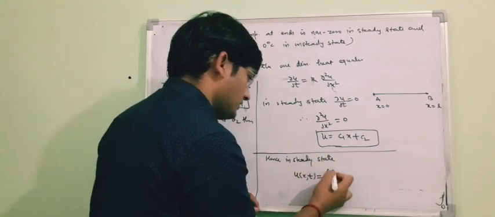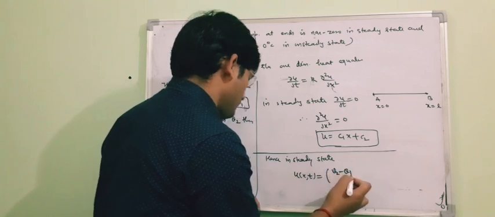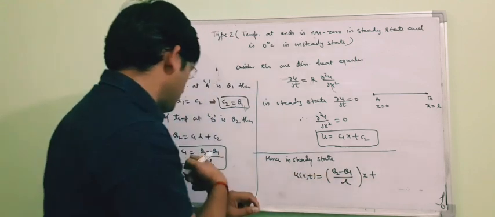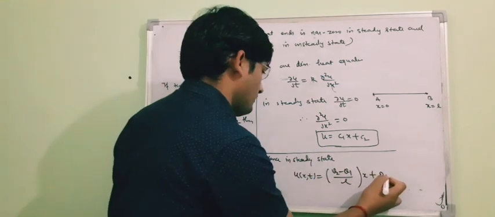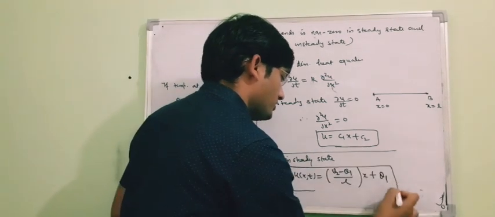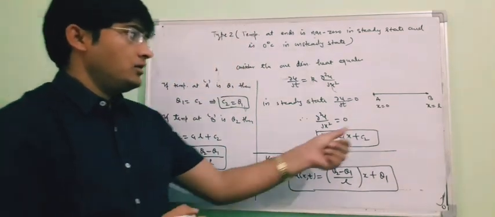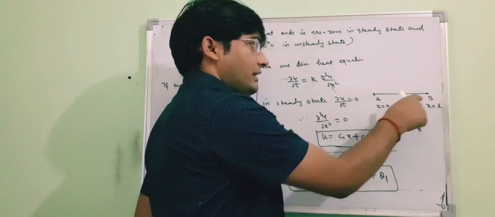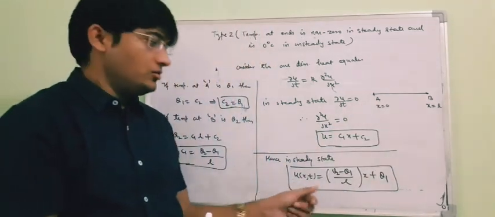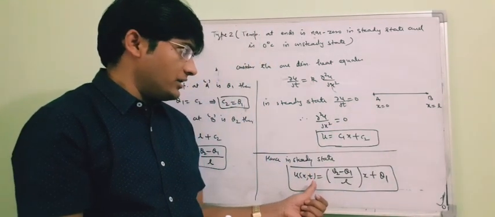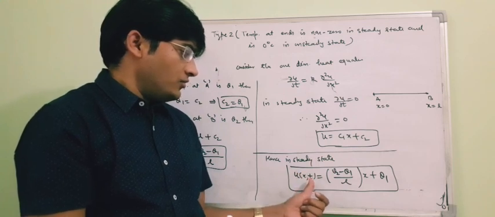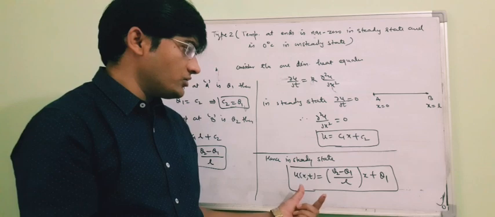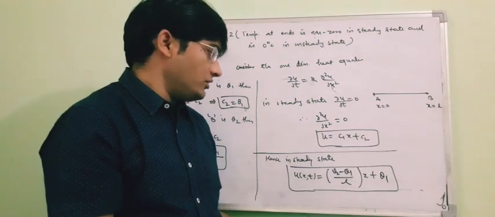C1 is θ2 minus θ1 upon L, into x, plus C2. C2 was θ1. So this is your temperature when your ends A and B have temperature θ1 and θ2. So this will be your temperature at any point when your time is t seconds. So this is your temperature of the rod in